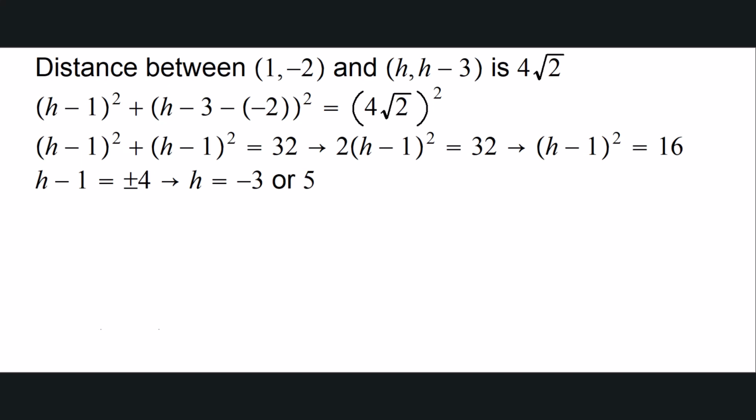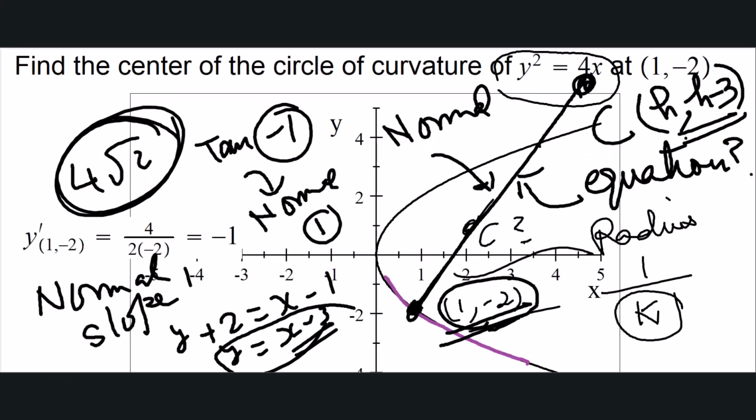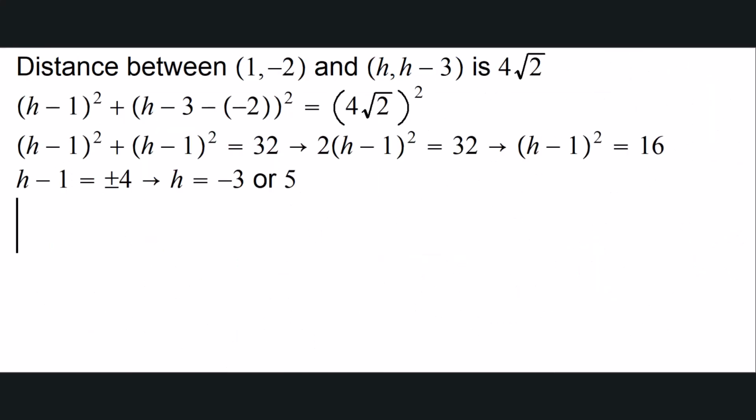Now, if we look at the picture that we had, here is the value x equals 5, and here is negative 3. So obviously we can see that the x coordinate will have to be 5. So the center of curvature will have the x coordinate as 5 and the y coordinate as 5 minus 3, that is, (5, 2). All right. We are done with the question that we wanted to answer, but let's just go ahead and verify it